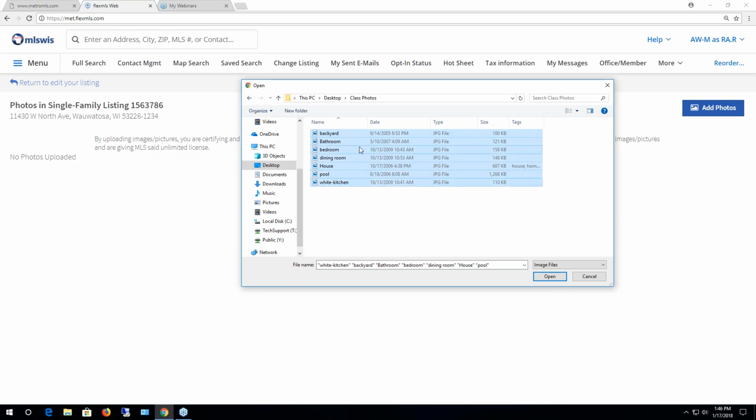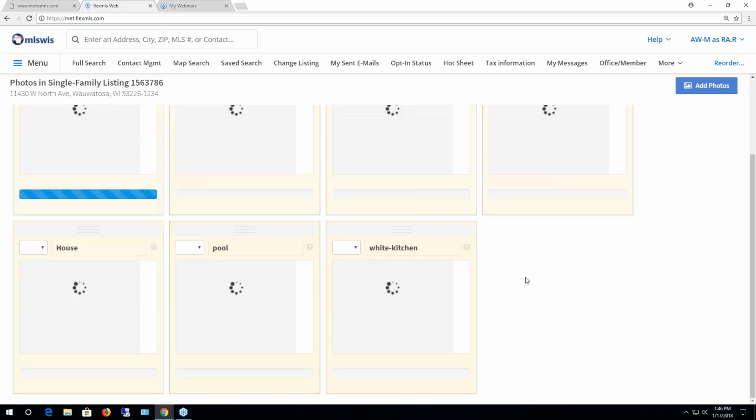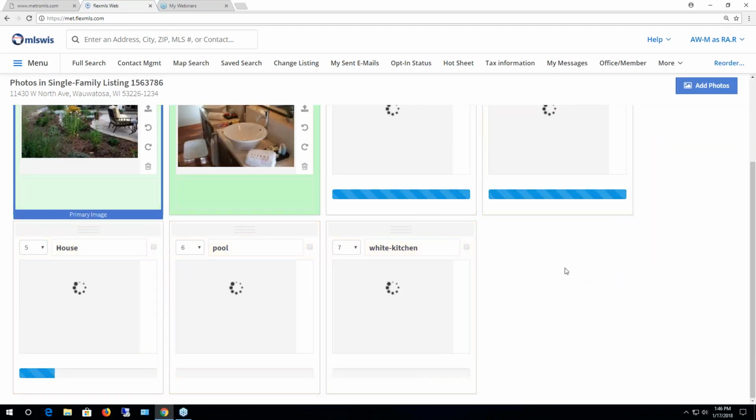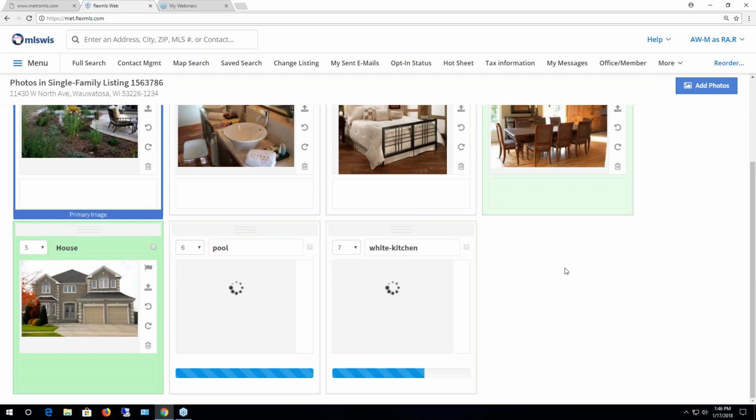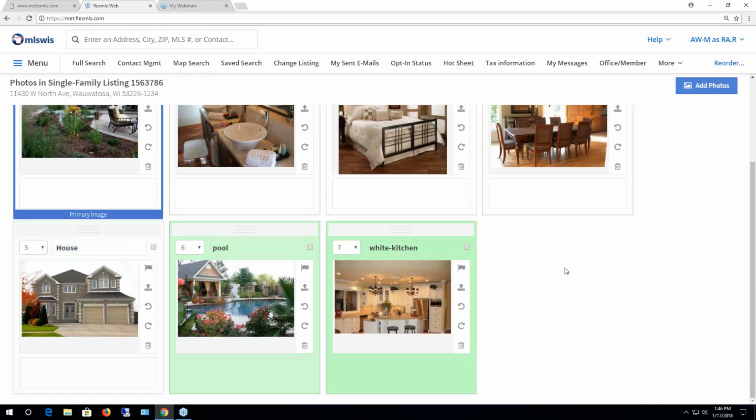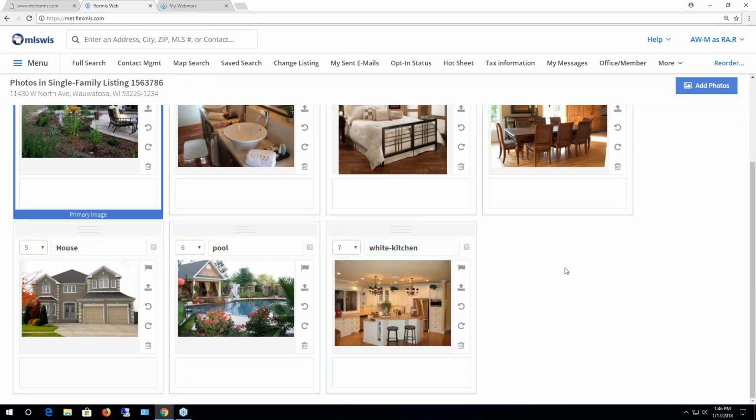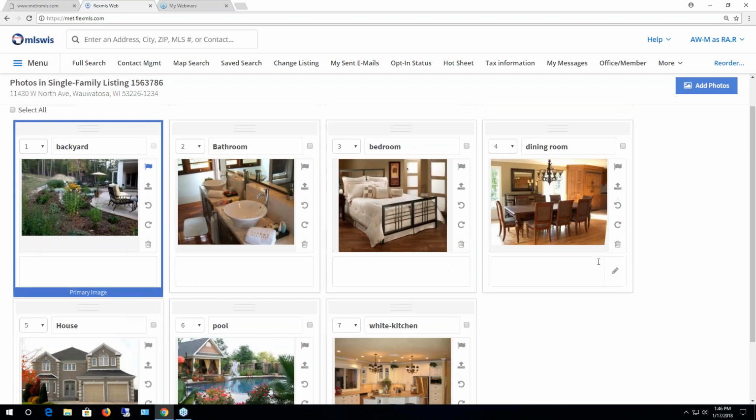Okay, so I've got them all selected, and now I'm going to hit the open button. So when I hit the open, they're all starting to load. Once they all load, then this is where you can reorder them, and you can add captions if you'd like to. All right, so there's my photos,